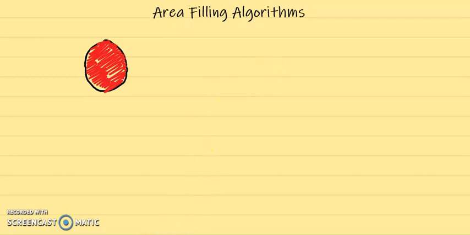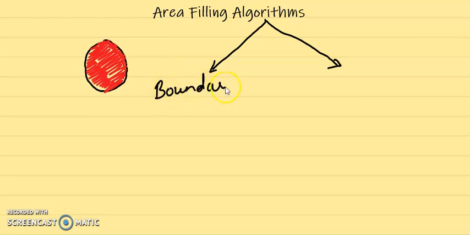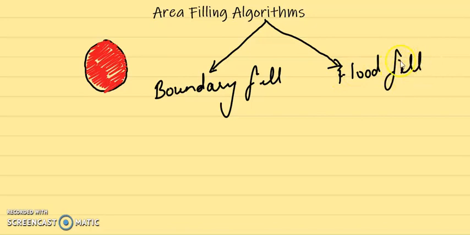Okay, so when I am supposed to fill this up, we need to have some basic types of area filling algorithm out here. So we get into two basic types of area filling algorithm. One is called boundary fill algorithm and the other one is called flood fill algorithm. Okay, so two types: one is boundary fill algorithm and the second one is flood fill algorithm, right? Now we are going to see a quick concept of how my area fill algorithm starts.